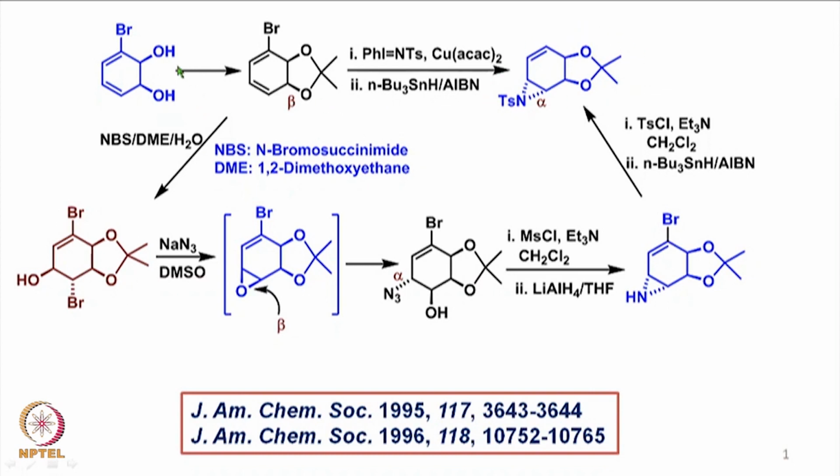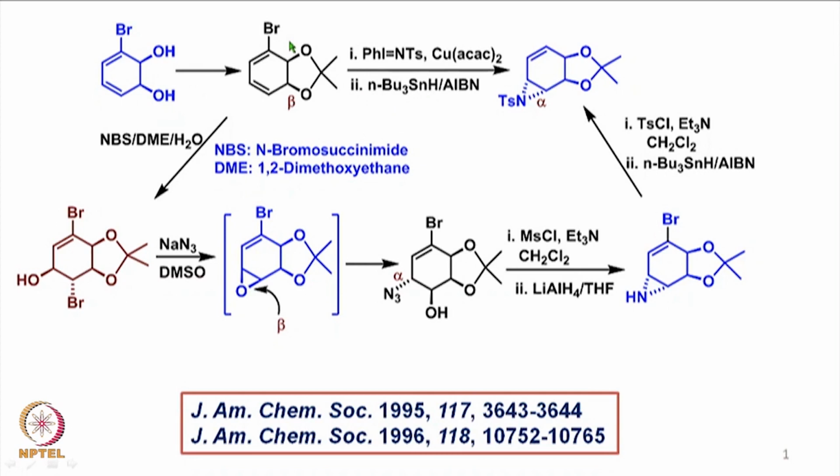Now what was done was first to protect this diol as an acetonide, followed by its reaction with this particular reagent, which is PhI=NTs in the presence of copper acetylacetonate, and followed by tributyl tin hydride